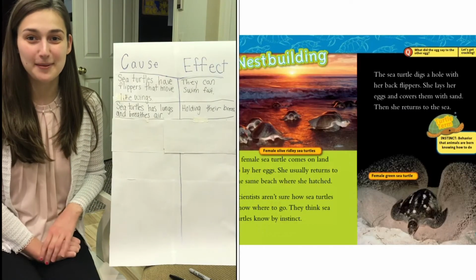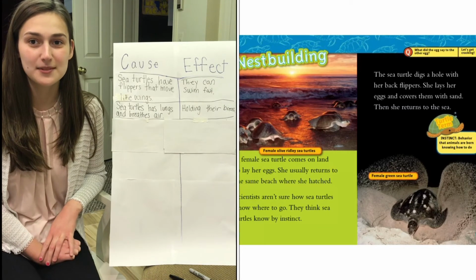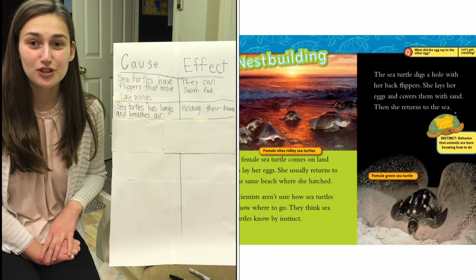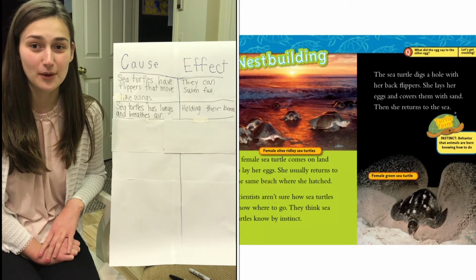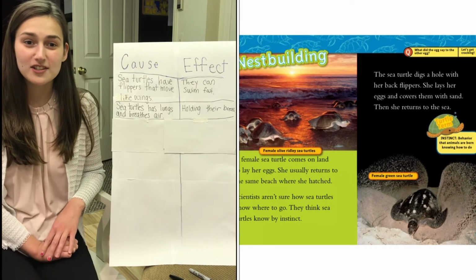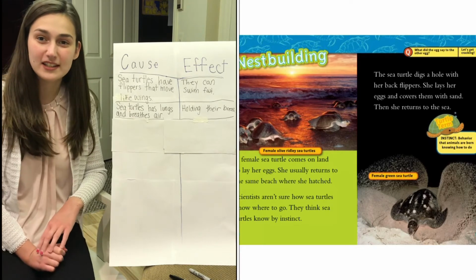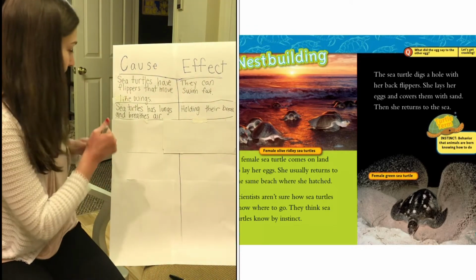Okay, nest building. A female sea turtle comes on land to lay her eggs. She usually returns to the same beach where she hatched. Scientists aren't sure how sea turtles know where to go. They think sea turtles know by instinct. Okay, so what can we write? What would be a cause and effect? So how about